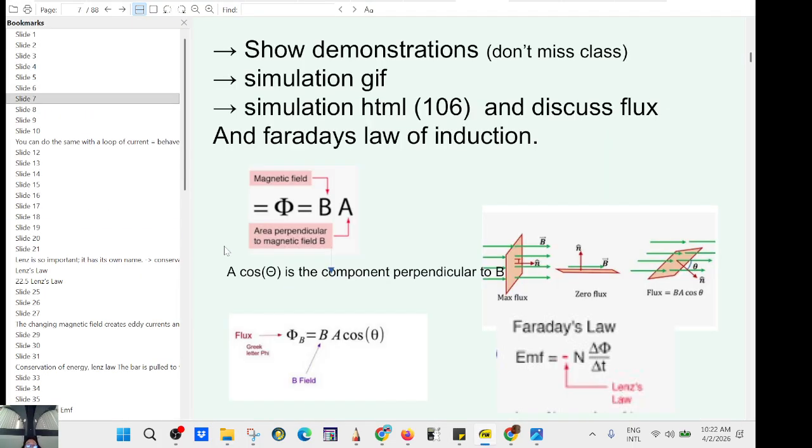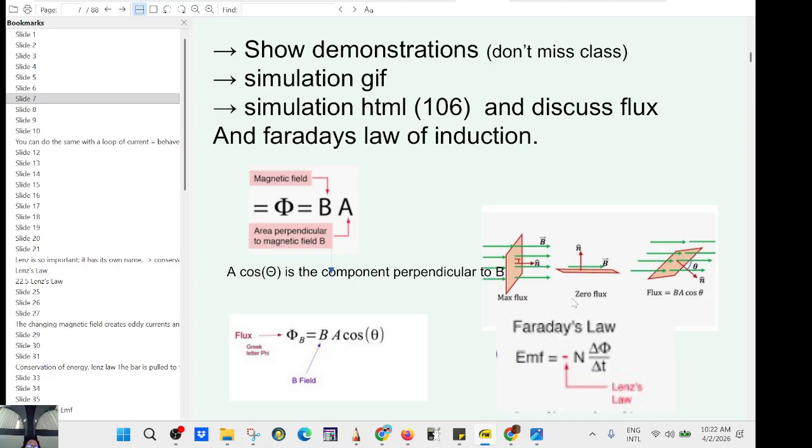Okay. So again, this is called magnetic flux. Magnetic flux depends on the magnetic field, because if you increase the strength of the magnetic field, you increase the lines. So you're going to increase the number of lines poking through the area. If you increase the area, obviously you're going to catch more field lines, so the flux is going to increase,